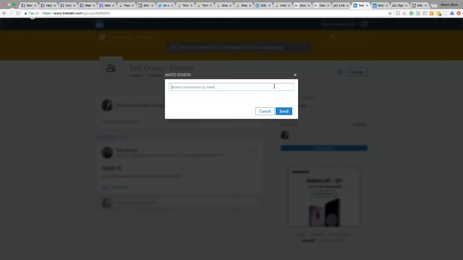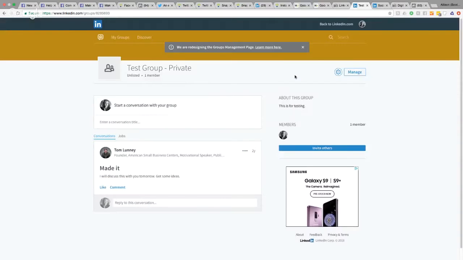Once people have joined your group, you could also encourage them to invite other people. That would just be a consistent strategy. You don't want to be too overwhelming and annoying about it, but from time to time, when it flows with the conversation, you might recommend, hey, if you know other people that would be great for this job, or interested in this opportunity or this educational opportunity, invite them to the group. That would be one thing you can do.